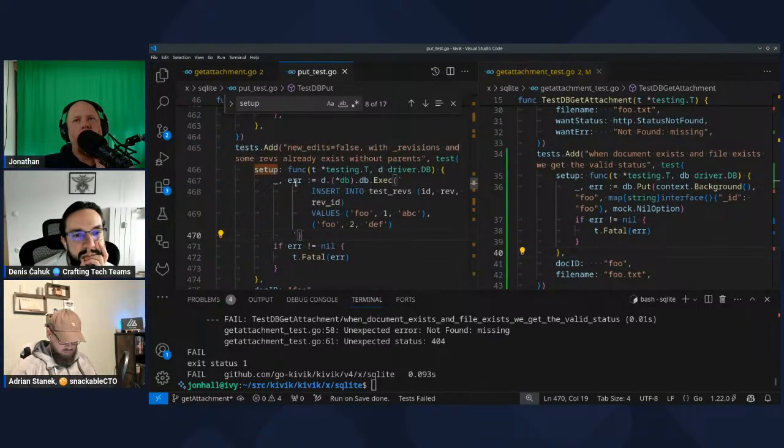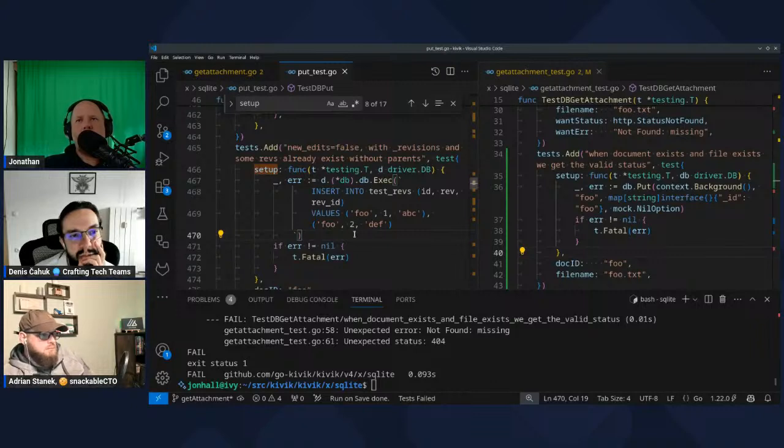I don't want to copy and paste this everywhere. And in some of these cases, for example, when I create an attachment, I need to update 3 tables. And I don't necessarily want to copy and paste 3 inserts everywhere.